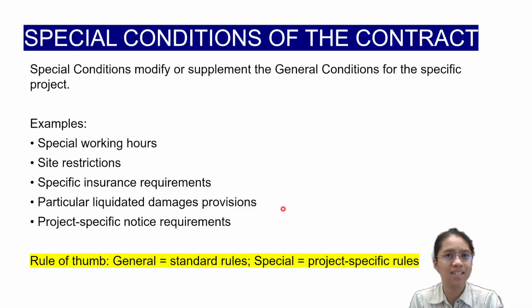It depends if the client has a specific liquidated damages formula, and it's okay as long as the contractor agrees with it. But the common one is one tenth of 1% for every day of delay of the TCP. That will be the amount by which the liquidated damages are computed. And other specific project notice requirements. Again, both sides can provide clauses for the special conditions. Next,